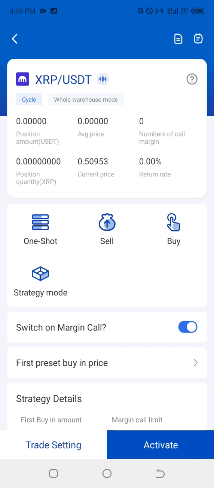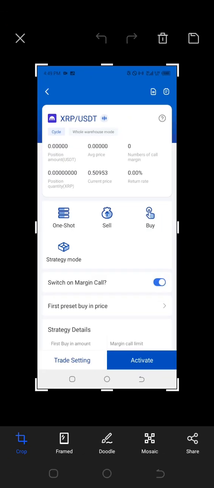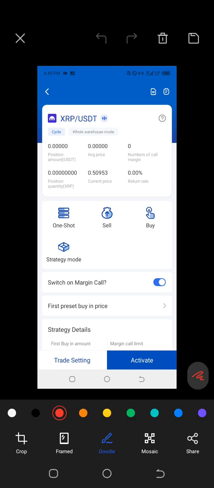Okay, then strategy mode. The only thing you do here, you just come and tap on this strategy mode, and then choose Sub-B mode real-time settlement, because we are having sub positions and there are always advantages of the sub position. Should the market go more downwards, at least it will be making sub sells before it now finally sells off. So that is why we try to